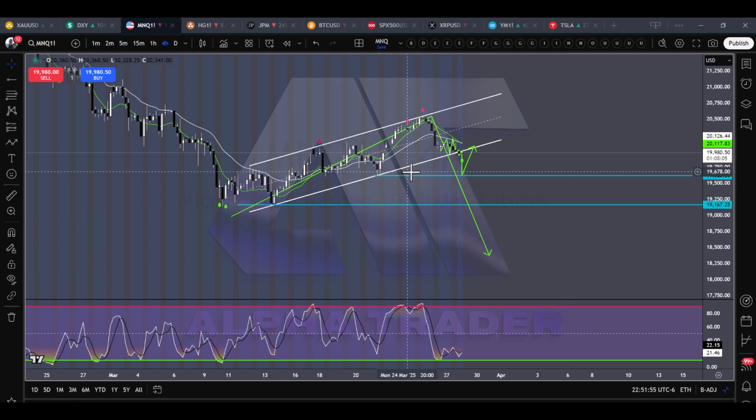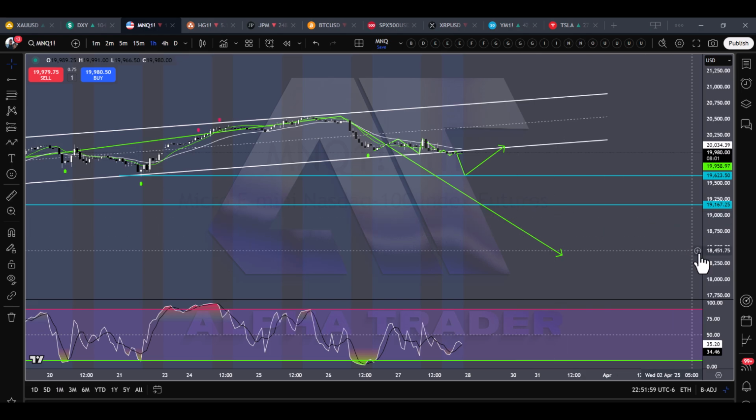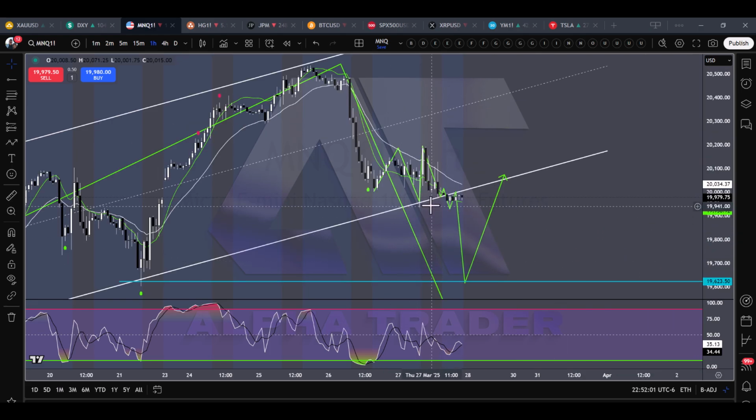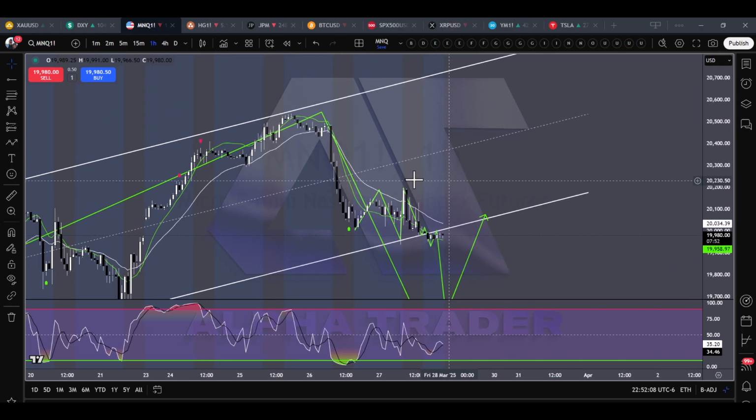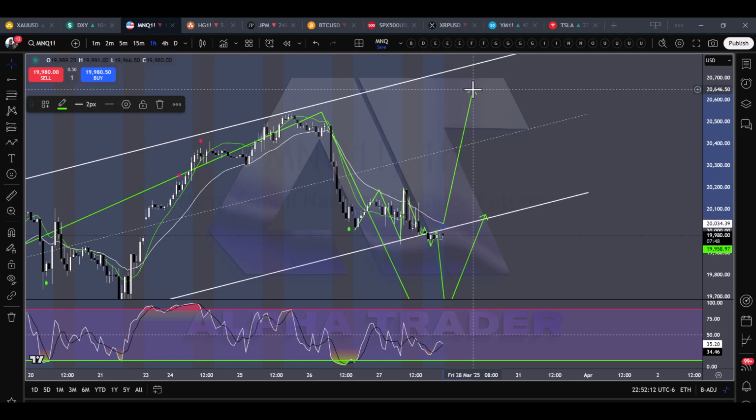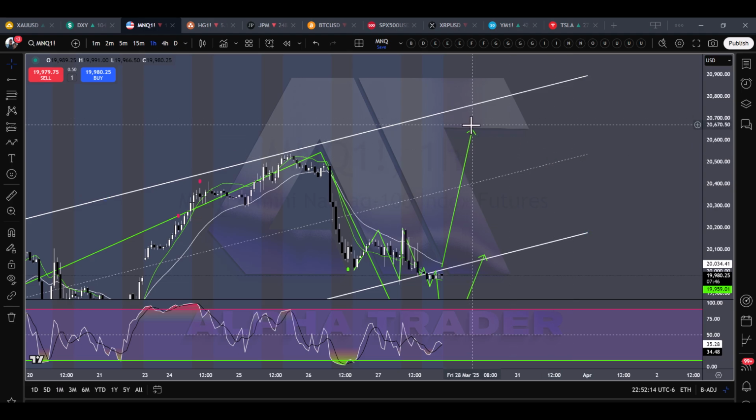So we're watching that and seeing how this pullback on the smaller time frames is going to pan out here, if it's going to hold or if it's going to rise back above. If it rises back above, then we know that we would be heading to this top zone up here, okay? And that's the top of the channel right up here.